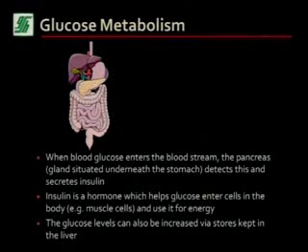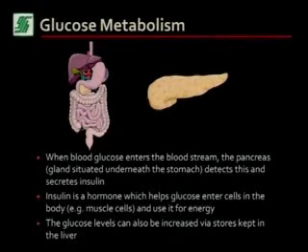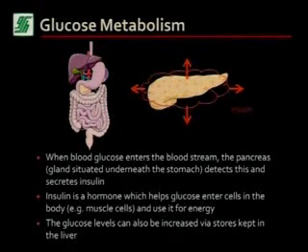Besides glucose from the food, there's also glucose that comes from the liver. If, let's say, you're not eating, to balance out the glucose, as your brain needs sugar and all that, the liver is able to produce glucose from its stores. So yes, insulin is secreted from the pancreas, and this goes into the bloodstream.